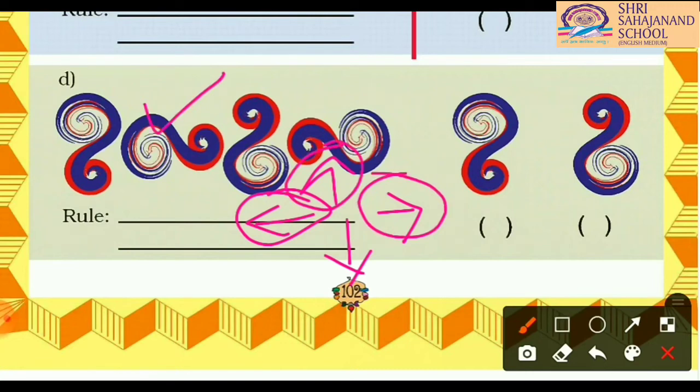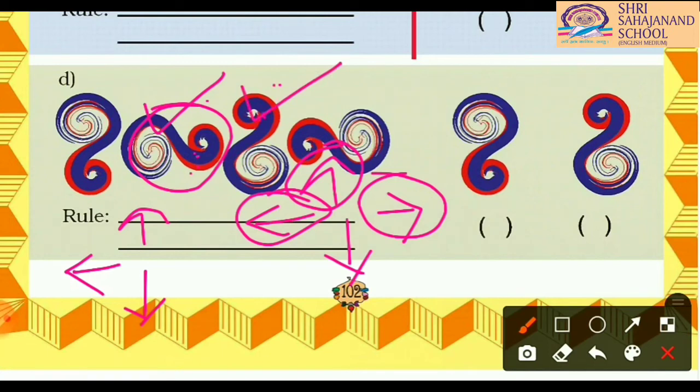Clear? Now come to the second. Once again we will turn this picture using 3/4 turn. So in 3/4 turn, how will it look? Now it is facing the right side. So in another picture it will face downside, then once again left side, then once again upside. We are turning this shape clockwise. Okay, remember it. It is different from the previous. So now in the third picture we can see that yes, its face is upside. It means we are right. The picture is taking a 3/4 turn clockwise.